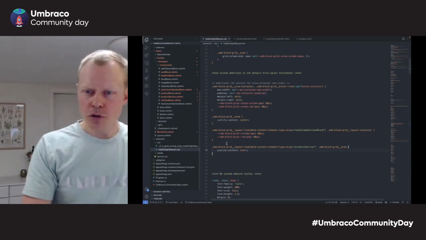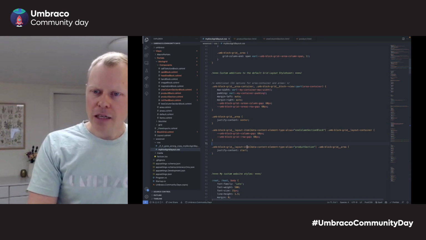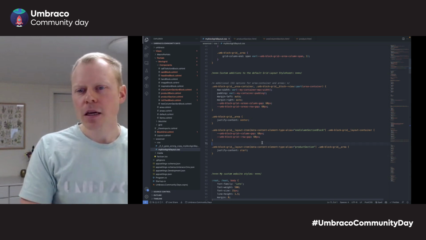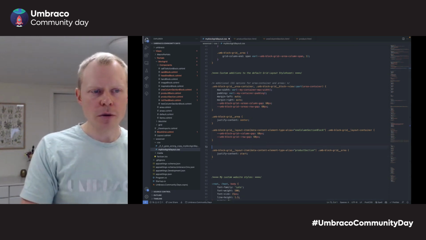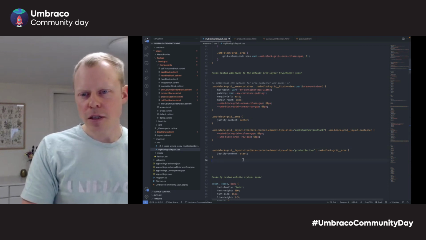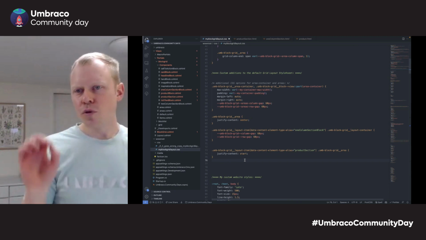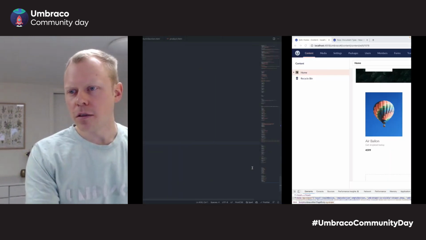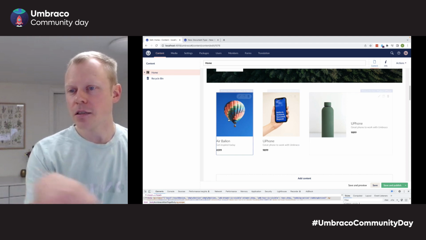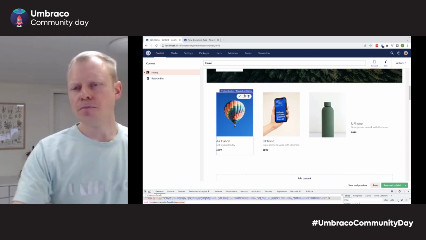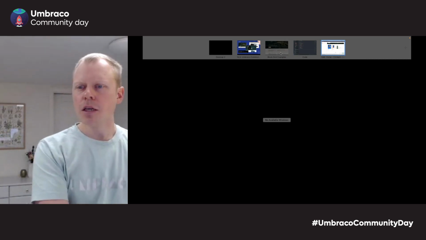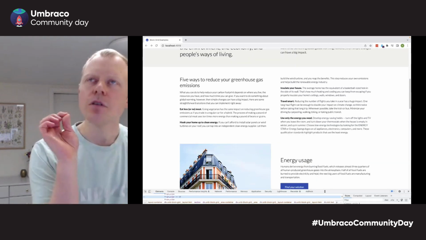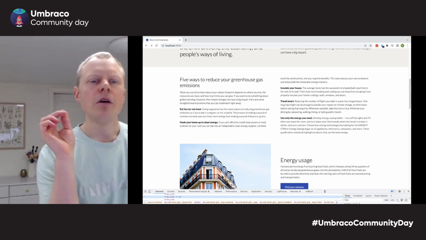But it also shows you the ability to target parts depending on the aliases that are defined, and that can be very relevant if we jump to another topic that is very important for you to spend some time on if you start using the block grid editor, and that is the way this is acting responsively. So if we look at the website, the default layout style sheet that comes with Umbraco is